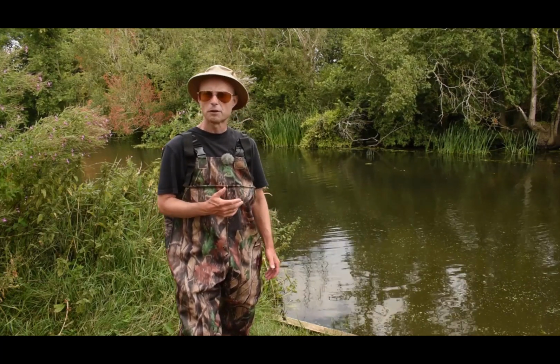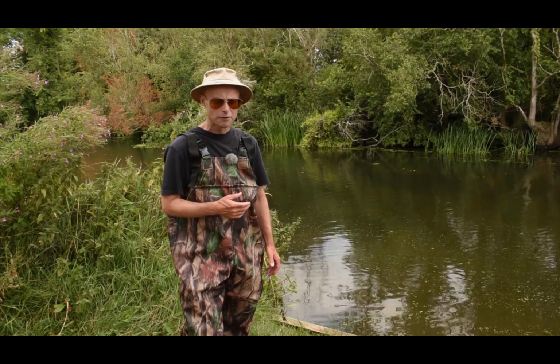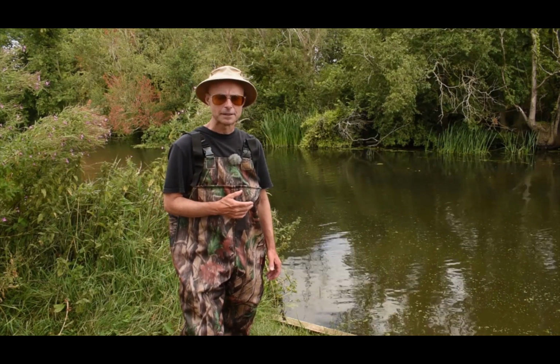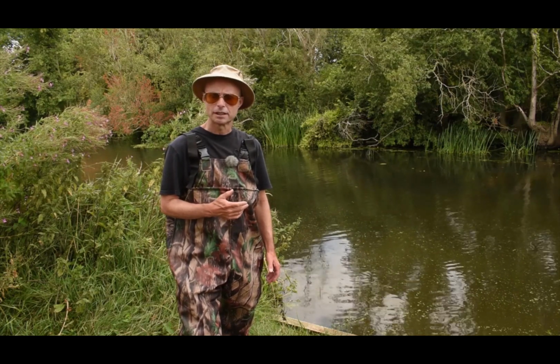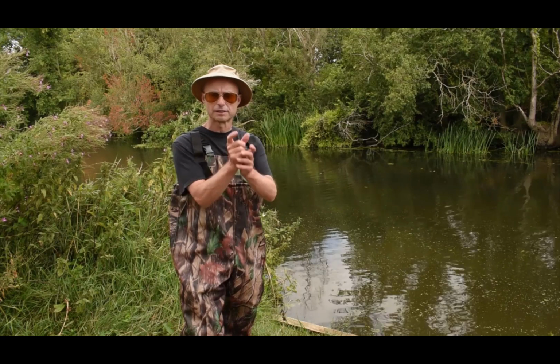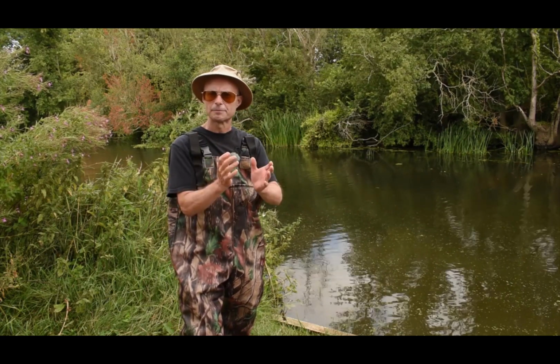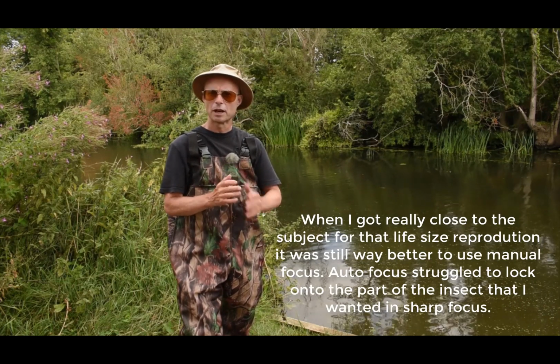But as the autofocus on modern cameras has got so much better, I thought I'd have an experiment with the AF, and it's working really well actually. Now I haven't gone in super close, so what I've got is the banded demoiselle big in the frame but with a little bit of room around it. And it's focused really well on that